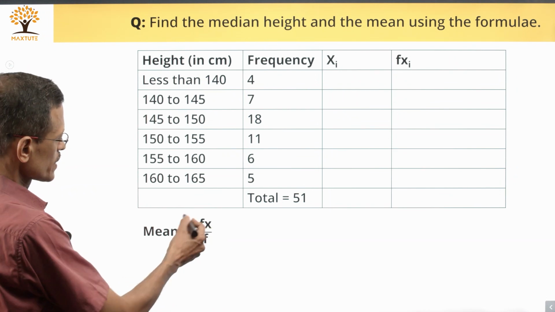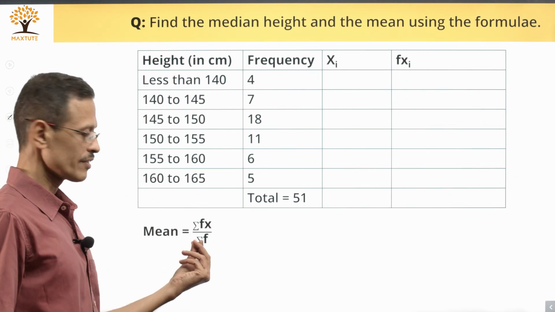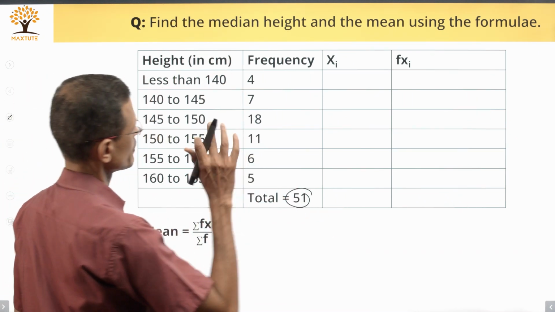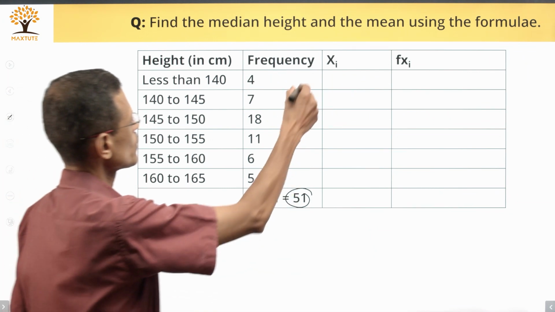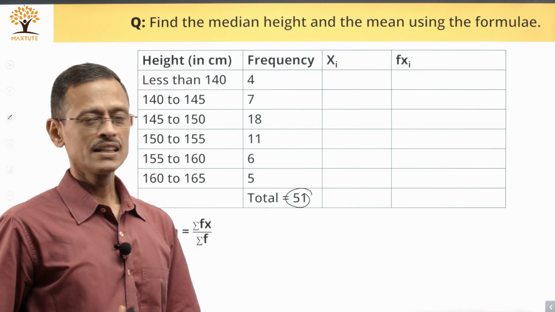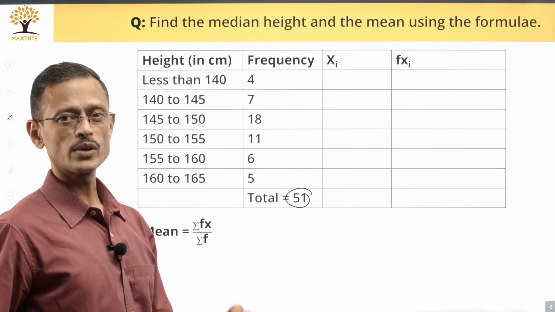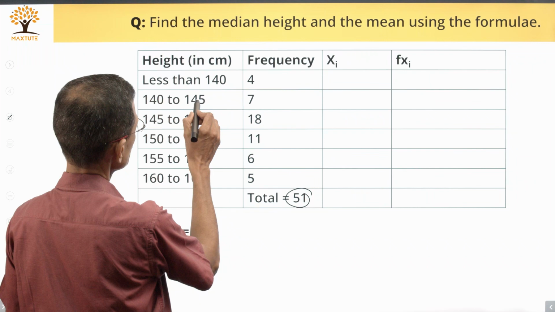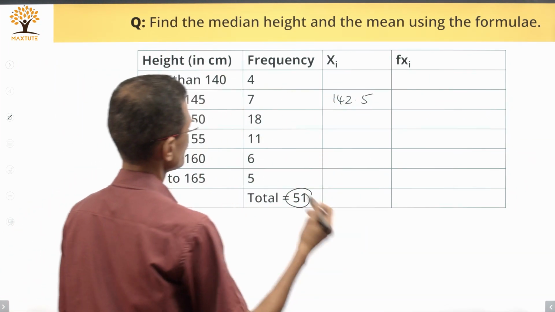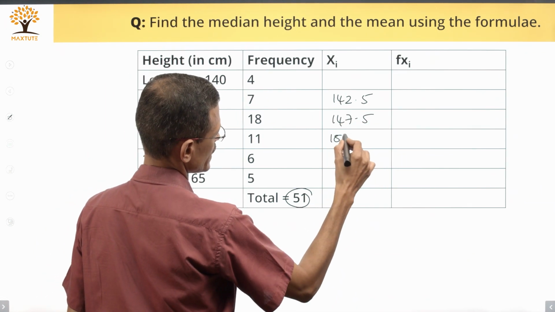Mean is found out using this formula, sigma fx divided by sigma f. Sigma f is basically the number of girls in the class, which is equal to 51. This is sigma f, right? Now, we need to find out the xi's. Xi's are the mean for each of the class intervals, which from here to here is very straightforward. Let's finish that and then look at what it is going to be for the first one. So, 140, 145, the middle value 142.5 is xi for this interval. Here it is 147.5, 152.5,